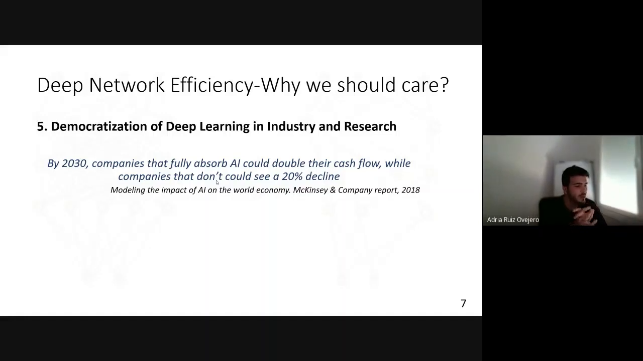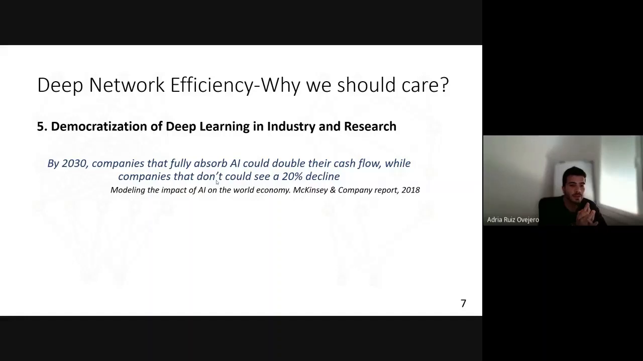And what we need to ensure, if that is the future, is that most people can have access to this technology. So not only big companies, but also small companies, startups, researchers belonging to small groups, and so on. And that's really important for many reasons, because, for example, McKinsey and Company, in a report in 2018, they